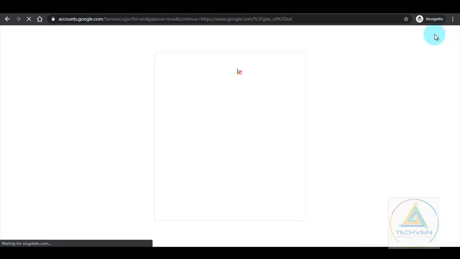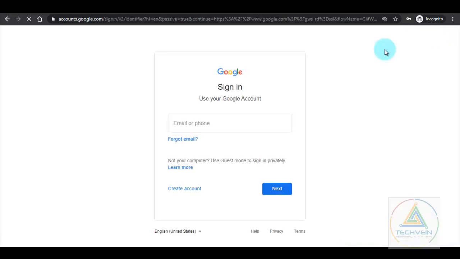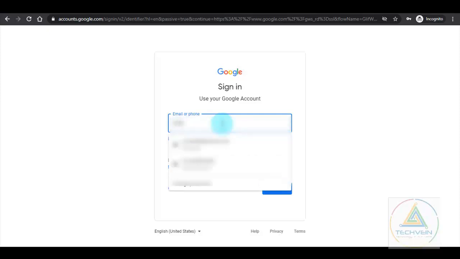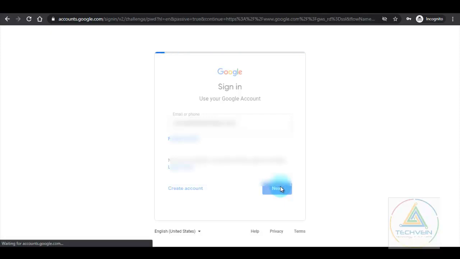Once you click the sign in option, it will redirect you to the sign in page. Here in the sign in page, see, it will ask for your email ID. So here you need to provide the email ID that school or Tegven has provided you. Once you have provided the email ID, you need to click the next button for verification.